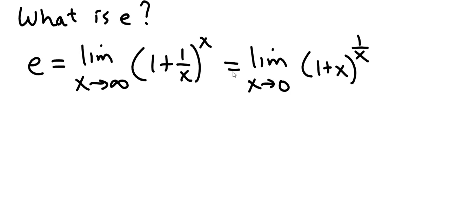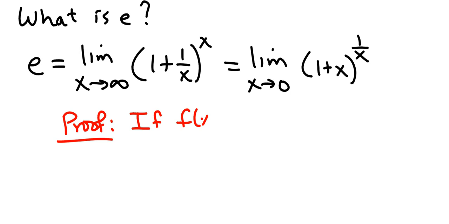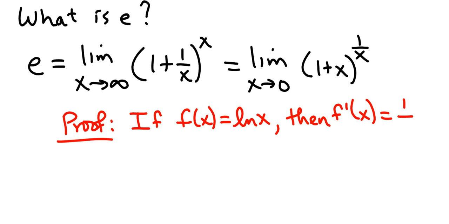And in fact, we can prove that this is true. And the proof goes off of the fact that the derivative of the natural log function is 1 over x, which is why this lesson has to follow the natural log lesson, because we need the derivative of the log function to do this. How do you take the derivative of this? Well,